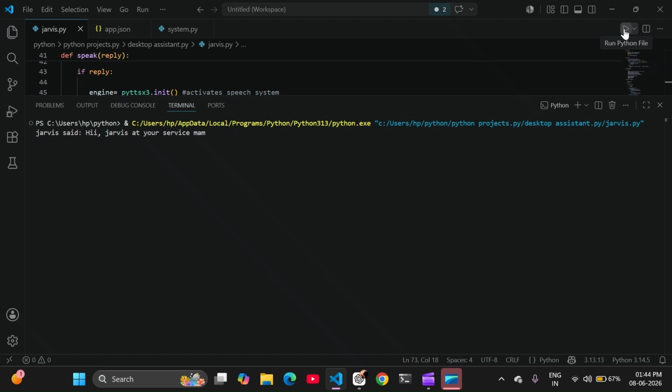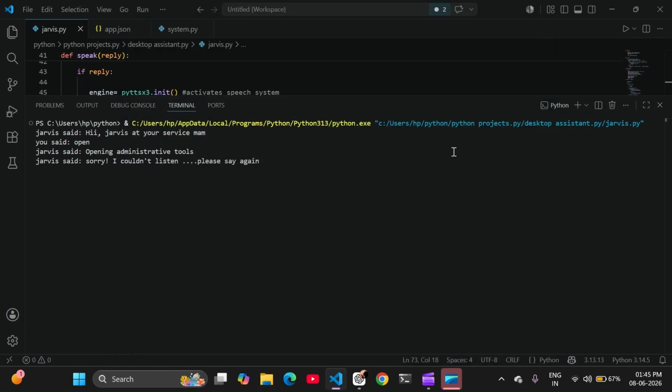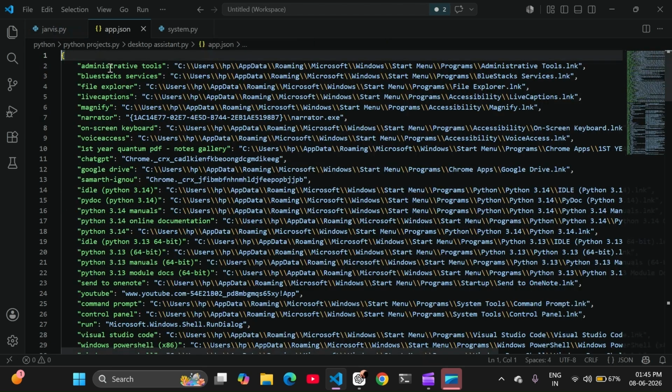Okay, because I said open only, because of this... Sorry, I couldn't listen. Please say again. See, in the app.json, the first element is administrative tools. It listens only to open, which is why it opens administrative tools.